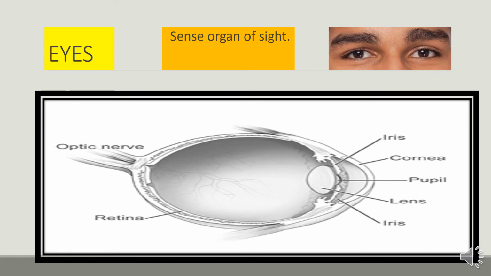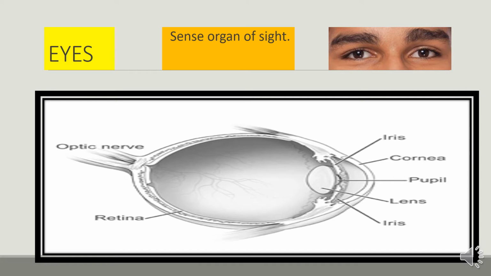You can see the black balls which move in our eyes. They are called the pupil. And the colored circle in the eye is called the iris. So basically, pupil and iris. The iris surrounds the pupil; the pupil is present inside the iris. The iris can be of different colors. It may be blue, brown or black. Commonly the iris is of black color.